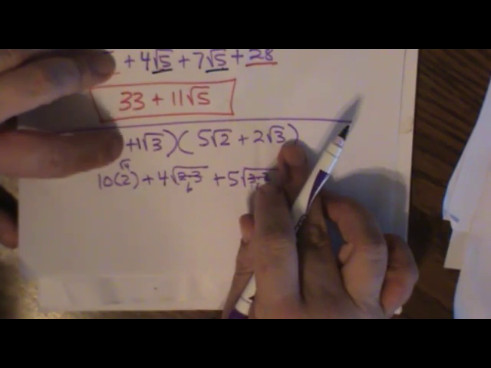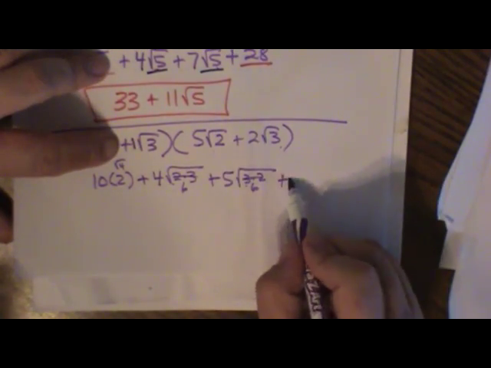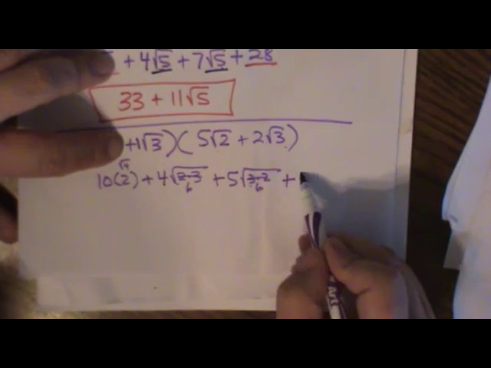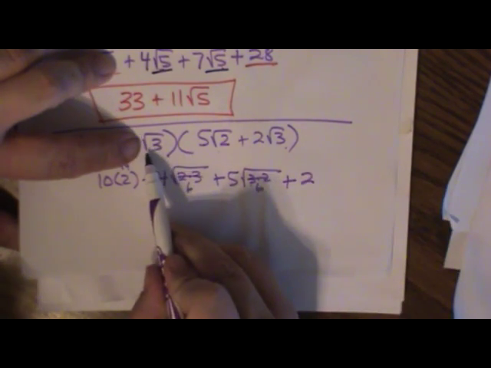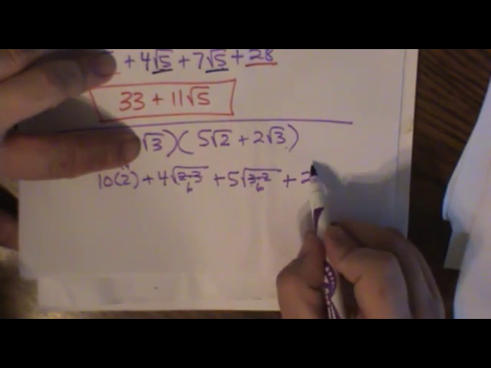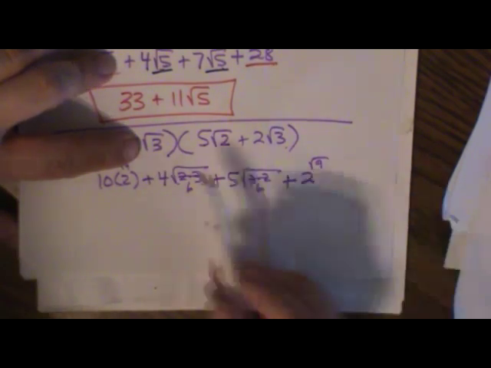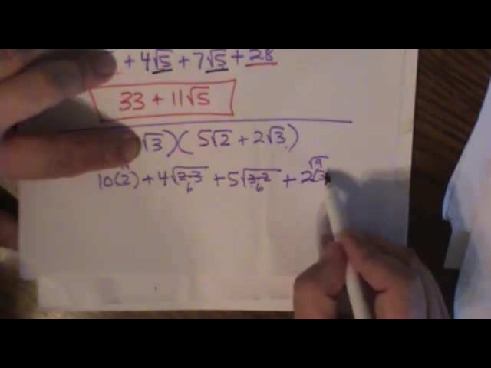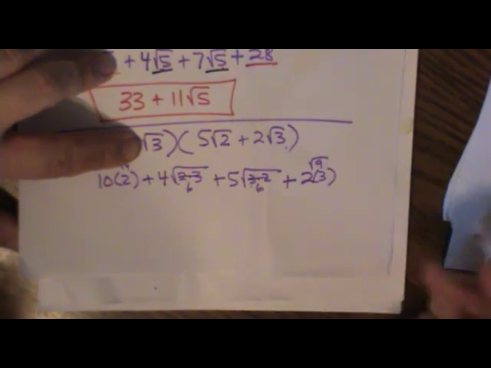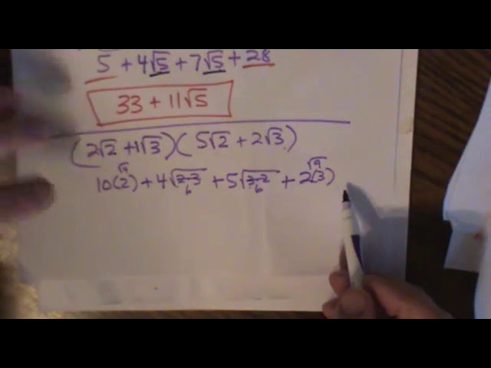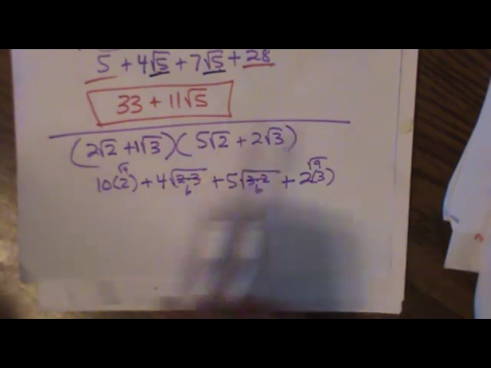Now we do our last one. Positive times positive is positive. 1 times 2 is 2. But then we have the radical where we're taking the radical of 9, or square root of 9 actually, which is the same as multiplying it by 3, because we have a pair of 3's that come out. So,